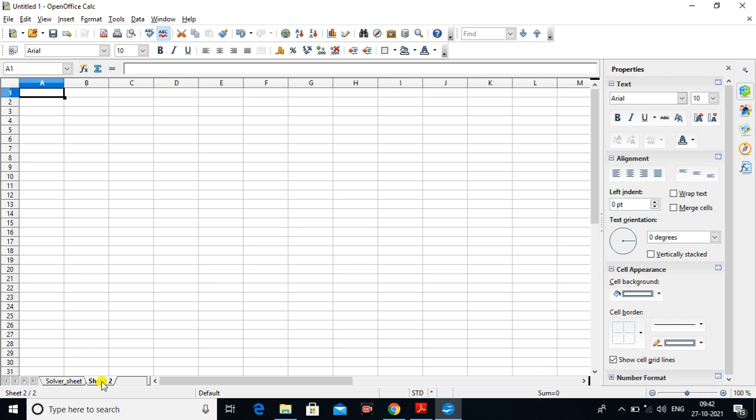Here is the new sheet, that is sheet 2, and I am giving the heading here as SI, simple interest. I just make it large and bold.